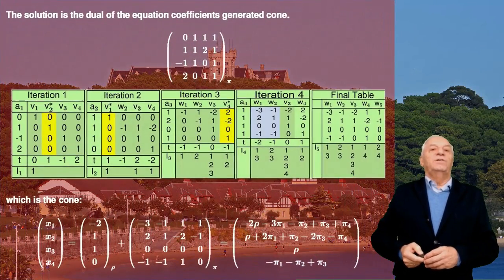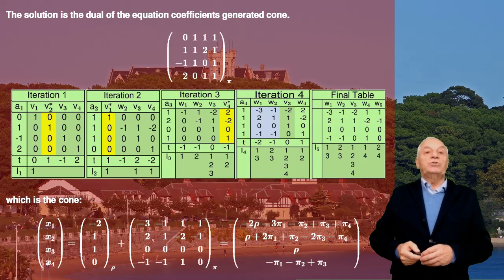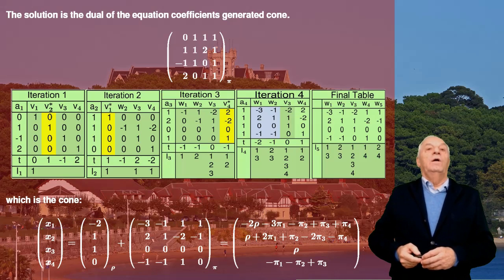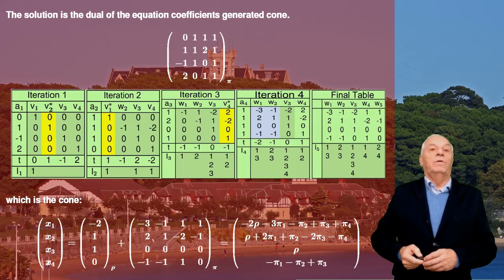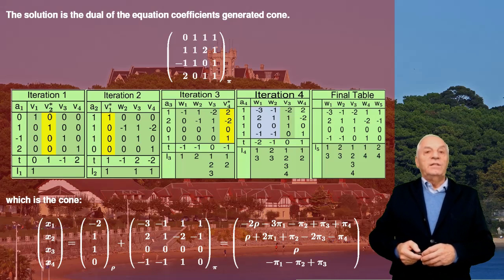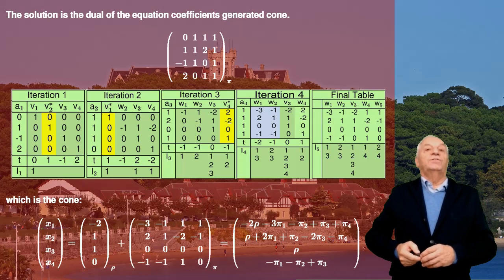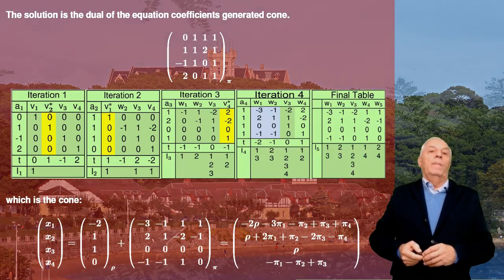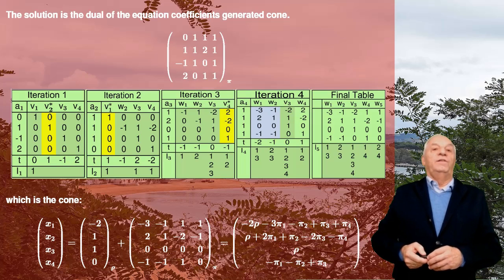The following transparency shows the tables corresponding to this example, obtained from the web page application mentioned above, showing in iterations 2 to the finite table the dual cones of the cones generated by the first 2, the first 3, and all of them, the latter in the finite table, which in column V contains the basis of the vector space part of dimension 1, and in columns W the edges of the acute cone part of the dual cone. Therefore, we can write, as it appears in the lower part, the solution of the system as the sum of a vector space of dimension 1 and an acute cone generated by 3 edges.